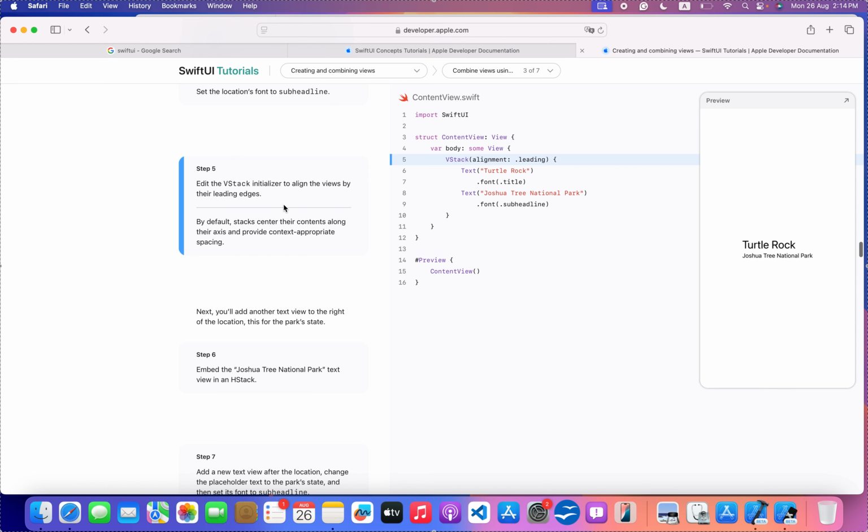Let's go next. By default a stack is center, and providing it spacing. By default a stack centers their content along their axis, and providing a context